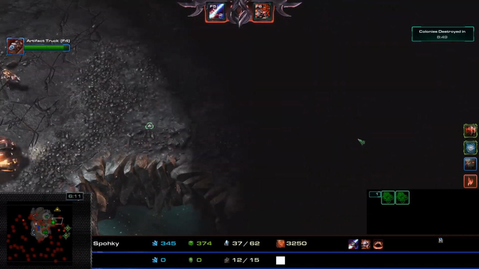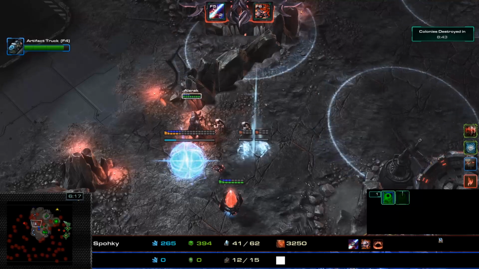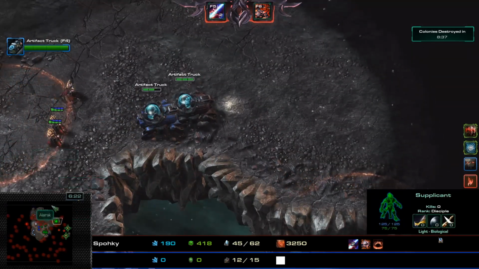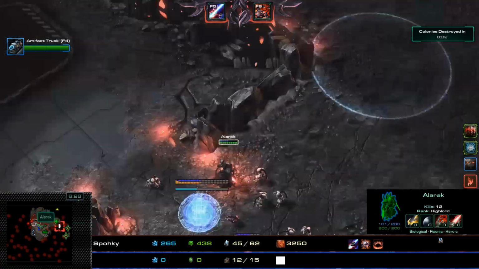Okay, so I think they'll probably be moving towards this area, near the back area, and Alarak will be pushing near the back of this. These blizzards, these storm clouds are a little bit annoying to deal with. They do end up slowing down your truck, and your truck will...